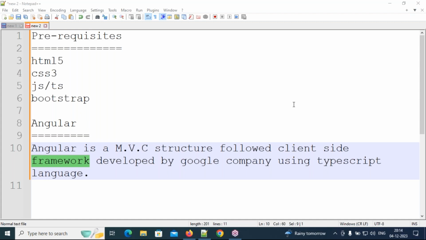Dynamic behavior means if you manipulate one place, and it is affecting other places also, that means one or more places, that is called dynamic behavior. So if you change data in one place, and it is affecting one or more places, that is called dynamic behavior.